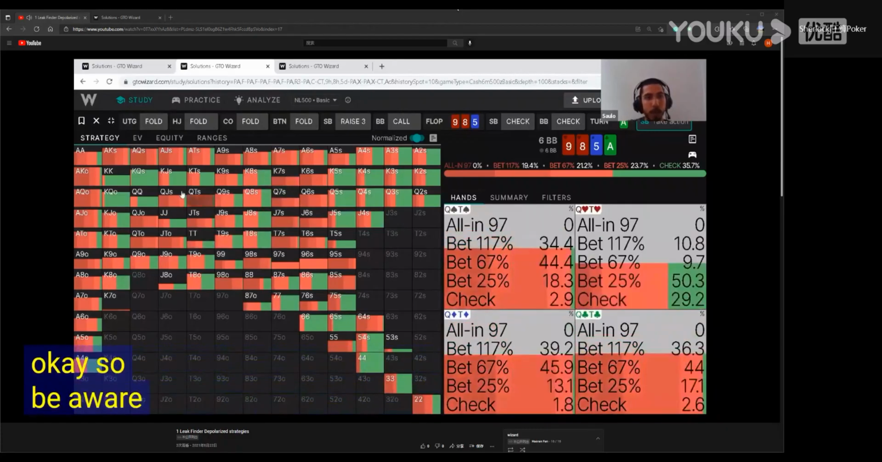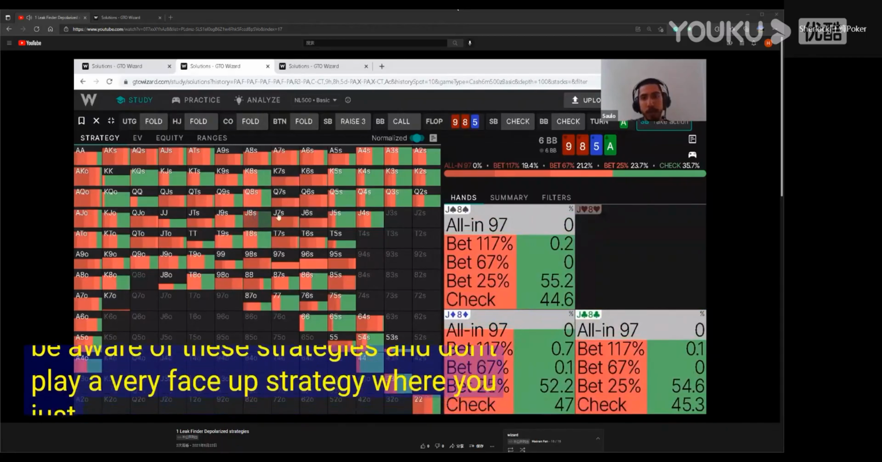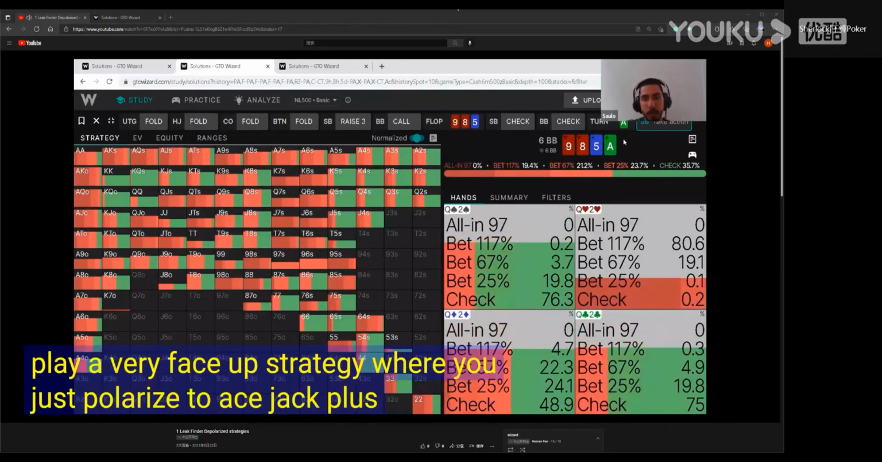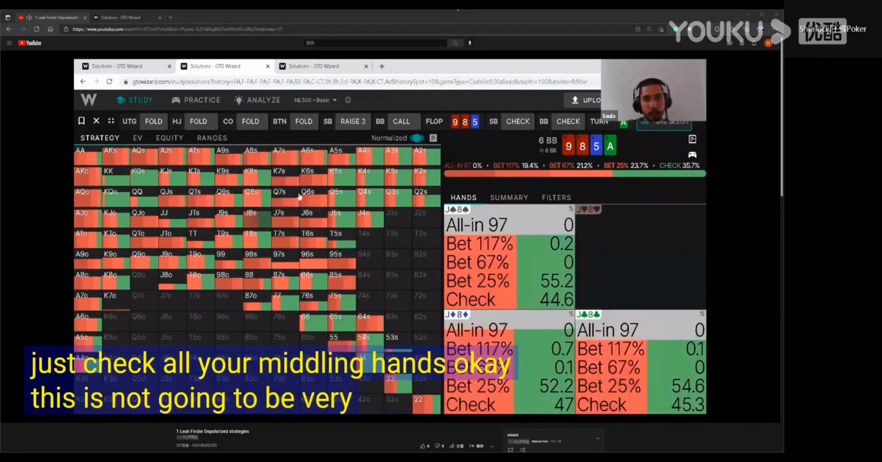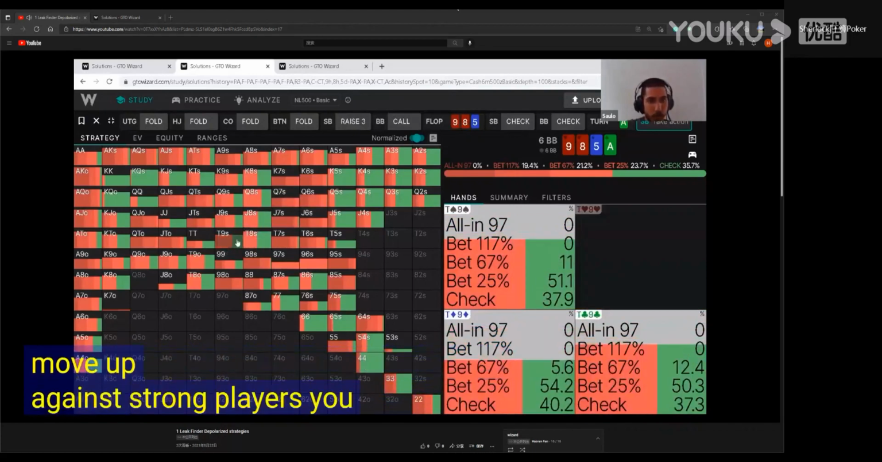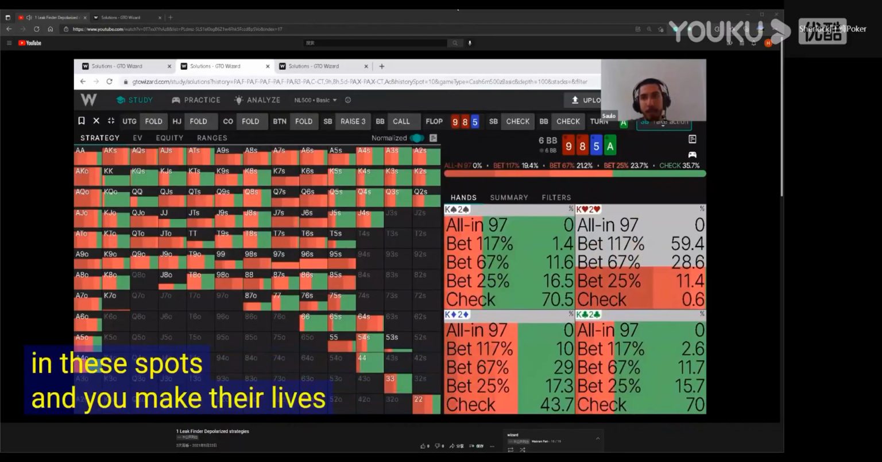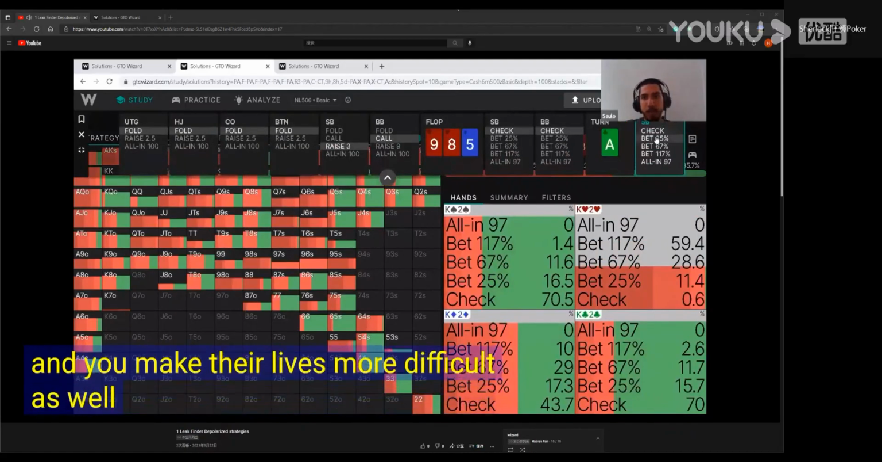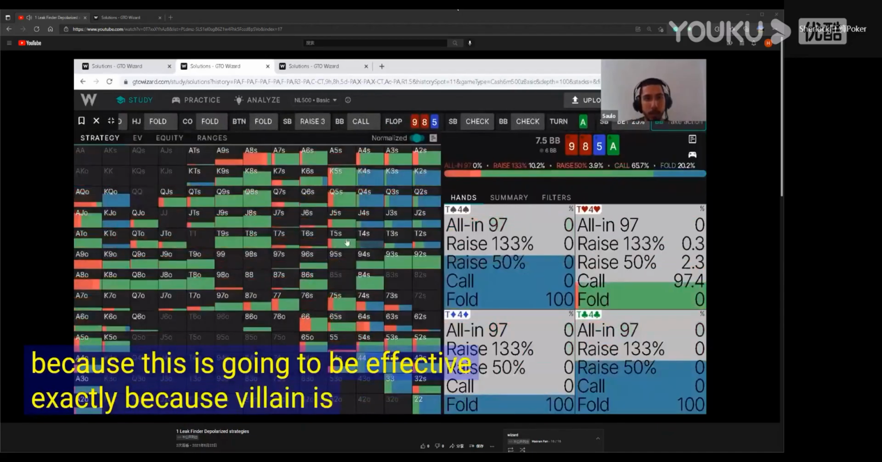Okay, so be aware of these strategies and don't play a very face-up strategy where you just polarize to ace-jack plus and then just check all your middling hands. This is not going to be very good as you move up. Against strong players, you will struggle in these spots. And you make their lives more difficult as well, because this is going to be effective exactly because villain is